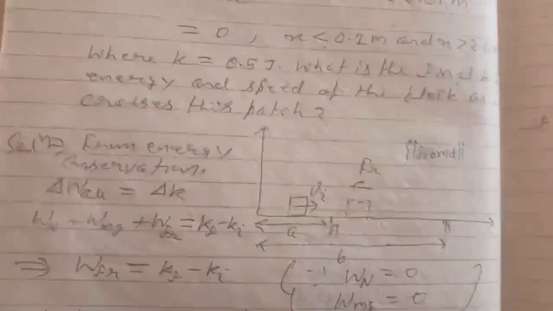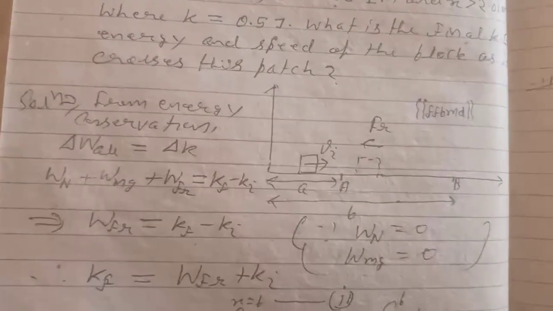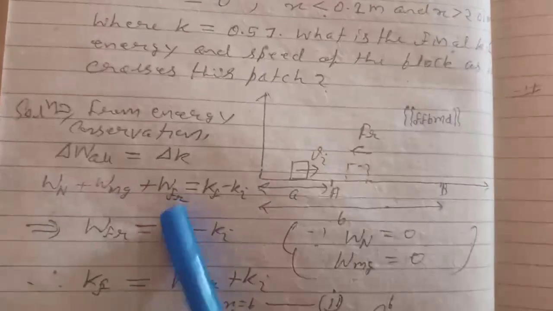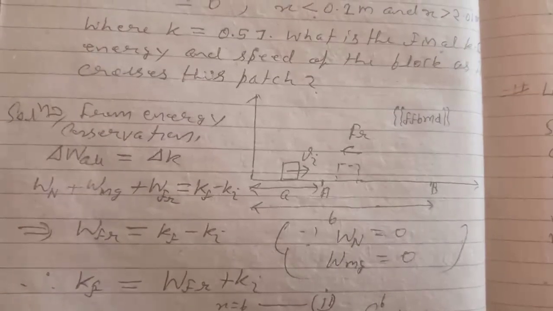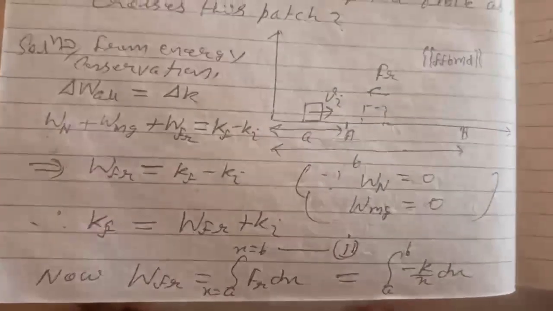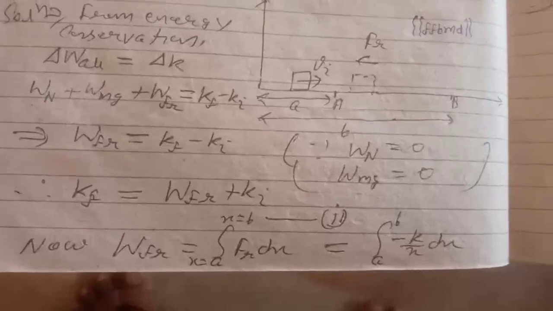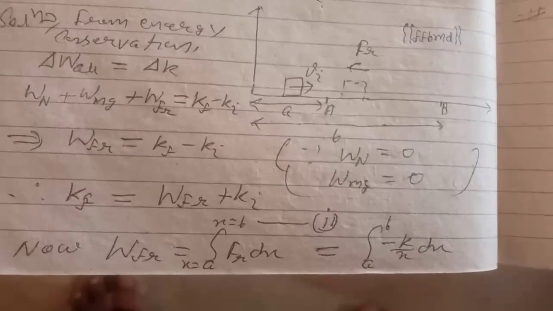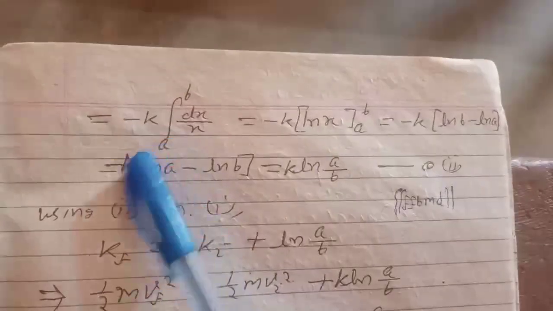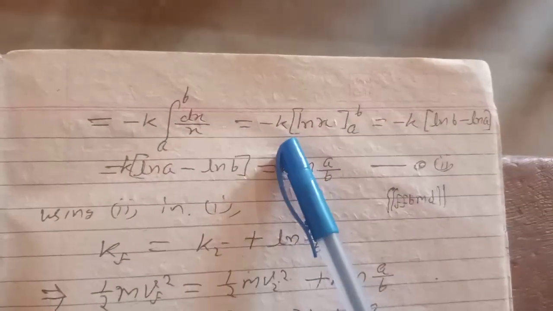From energy conservation, work done by all forces is equal to change in kinetic energy. Here W_N plus W_mg plus W_frictional equals K_f minus K_i, or W_frictional equals K_f minus K_i, because W_N equals 0 and W_mg equals 0. Hence K_f equals W_fr plus K_i. Now W_fr equals the integral from x equals a to x equals b of F_r dx, which equals the integral from a to b of minus k by x dx,